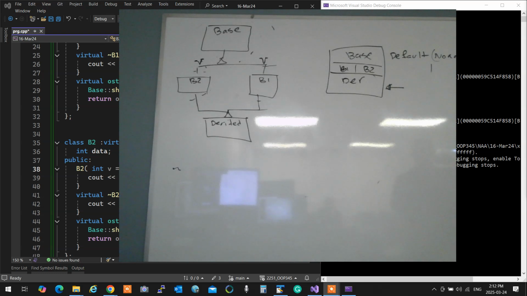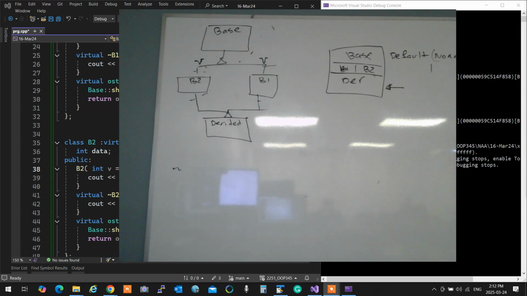Now, if you want to change its properties, by all means, do it in the constructor's body. There is no problem. You cannot initialize it; you have to set it. That goes back to OOP244. Initialization means at the moment of creation, an object is created with the values inside. You don't set it after. It's not that it first becomes something and then you set it. Yes? So in this case, base cannot be initialized with any value, but can be set to a value.